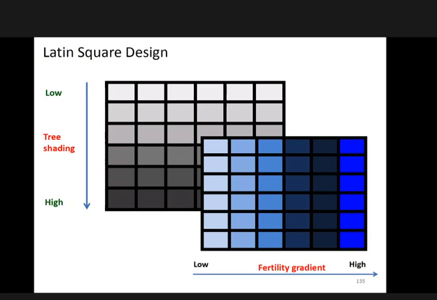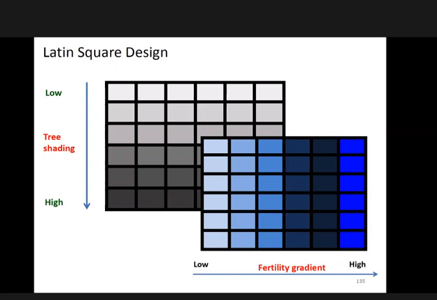Now in the lab, for example, let's say you have 4 technicians that you use to run your experiment. Remember, each technician may be different, so you can use technician as a blocking factor, but you could also run your experiment